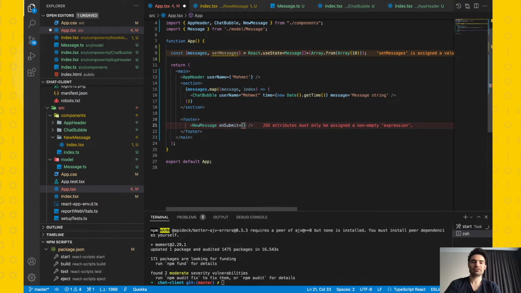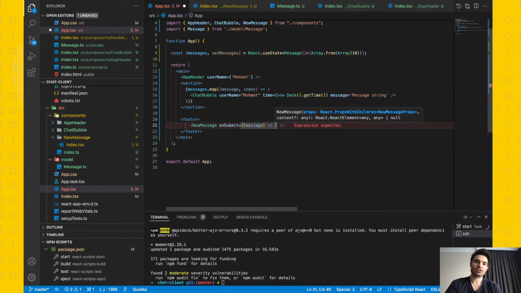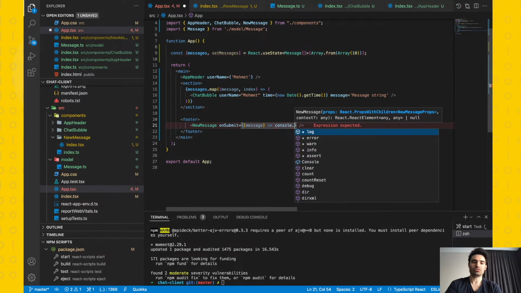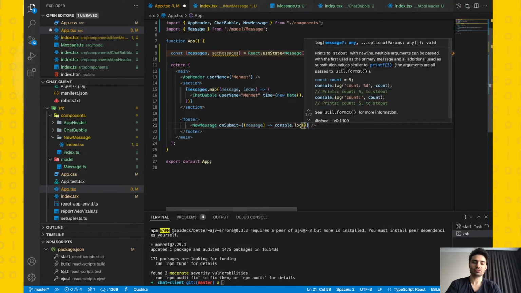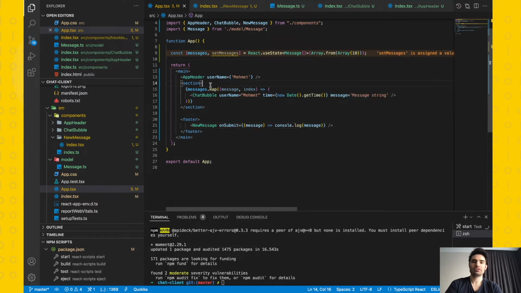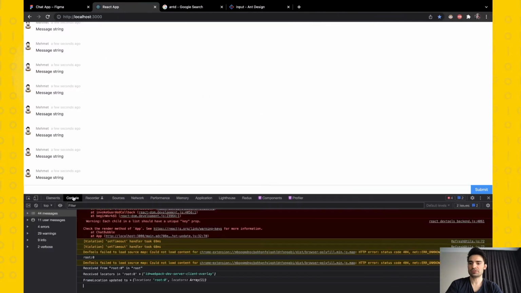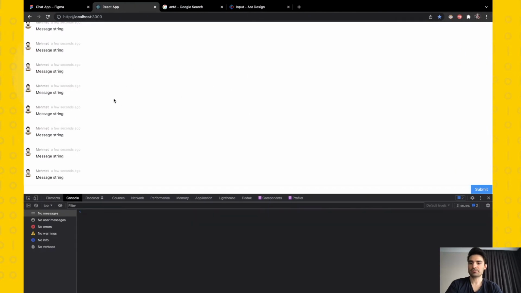And let's take our onSubmit callback and message value here, and I want to log this value. Let's check in the browser. As you can see,